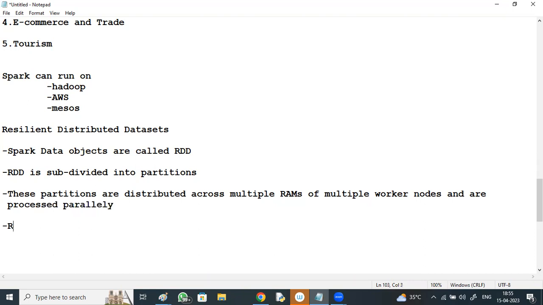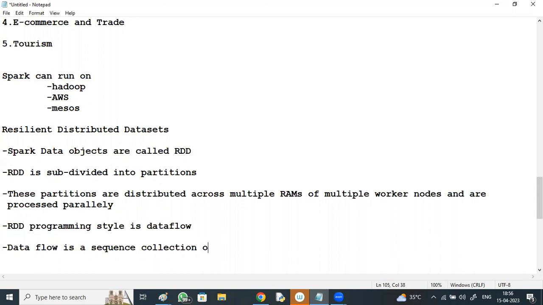The RDD or Spark programming style is data flow. Data flow is a sequence, a collection of pipes.